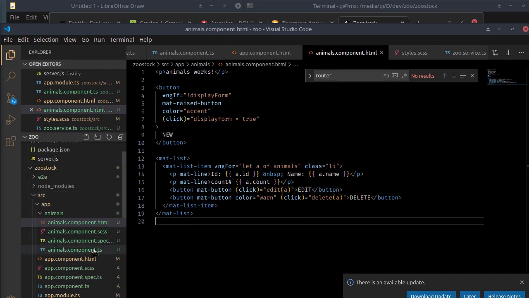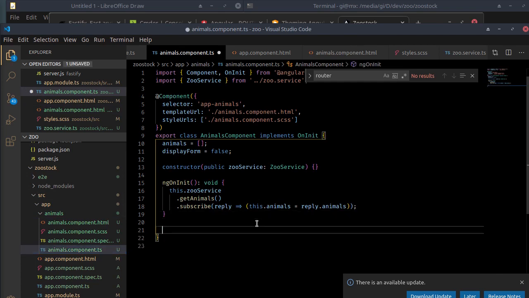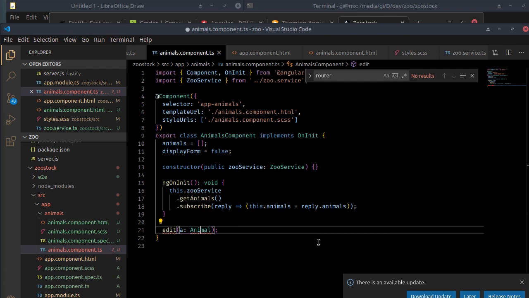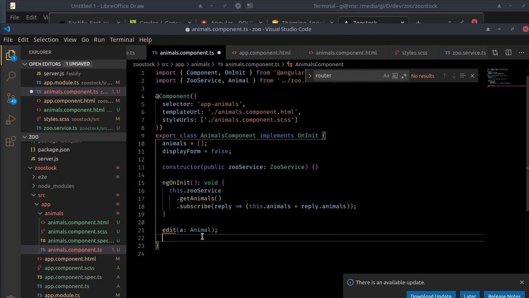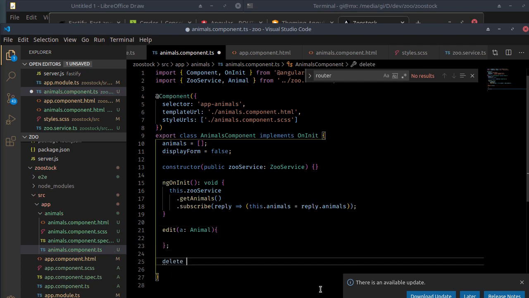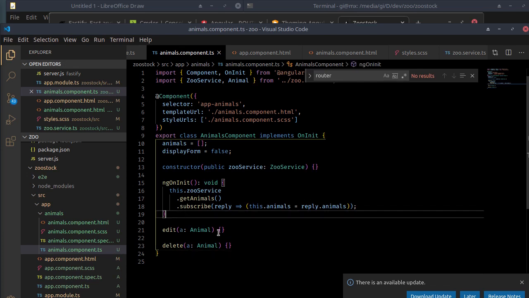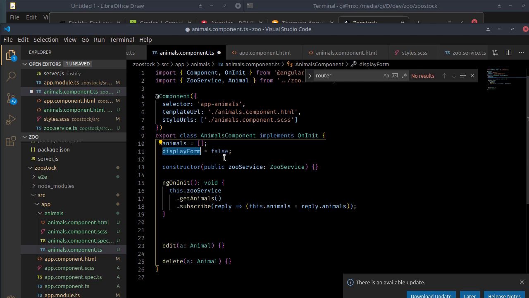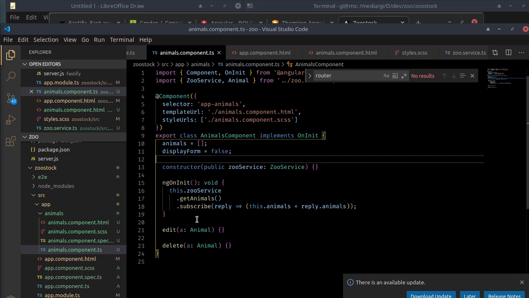Alright, now we need to create these functions in our animal component. We say edit animal. Let's see, we can get this animal from our service, and delete a animal. Alright. Now if display form is true, we want to be able to display a